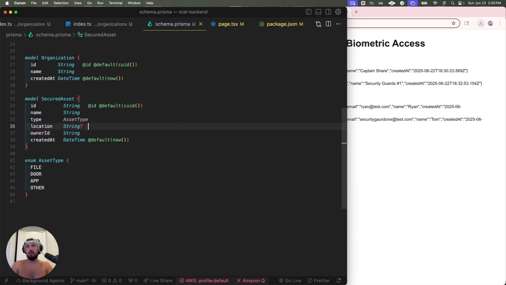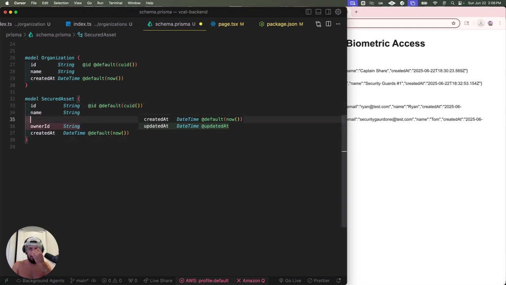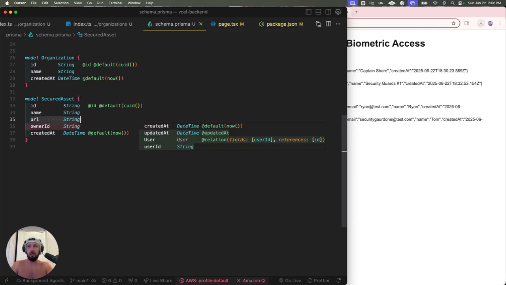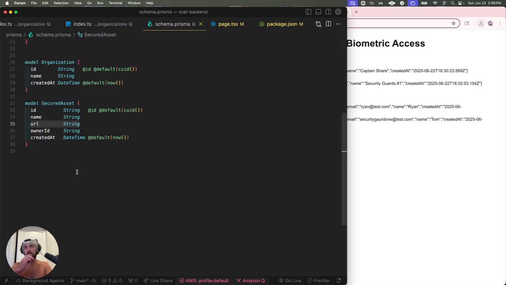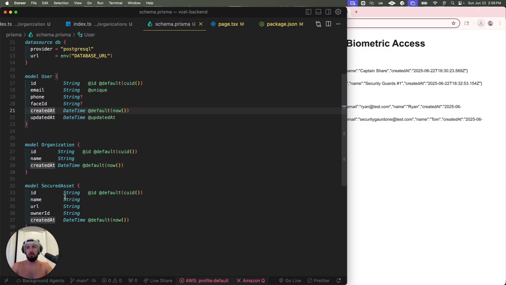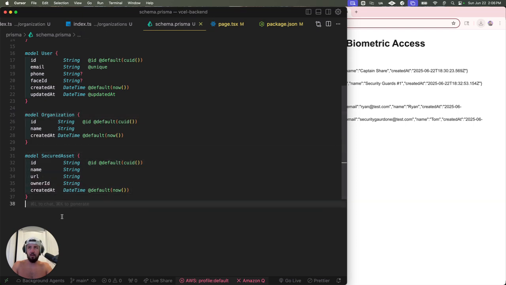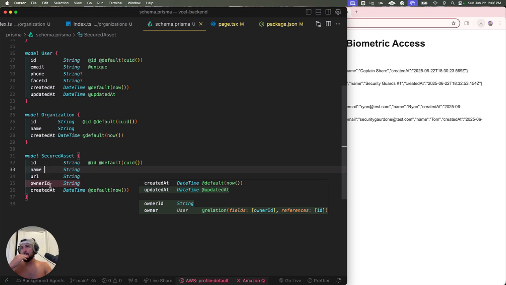But let's just think secured asset. I don't want location. I don't want type of asset either. We want basic things. So name of asset, and let's pretend it's a documents storage URL, and that's it. We'll do a URL for this asset, and let's think about it. So Face ID, and this is as basic as it can get, right? We may want to add a personal signature, but that's kind of what the phone is there for. Okay, and I love building with simplicity, then building on top of it. So secured asset,